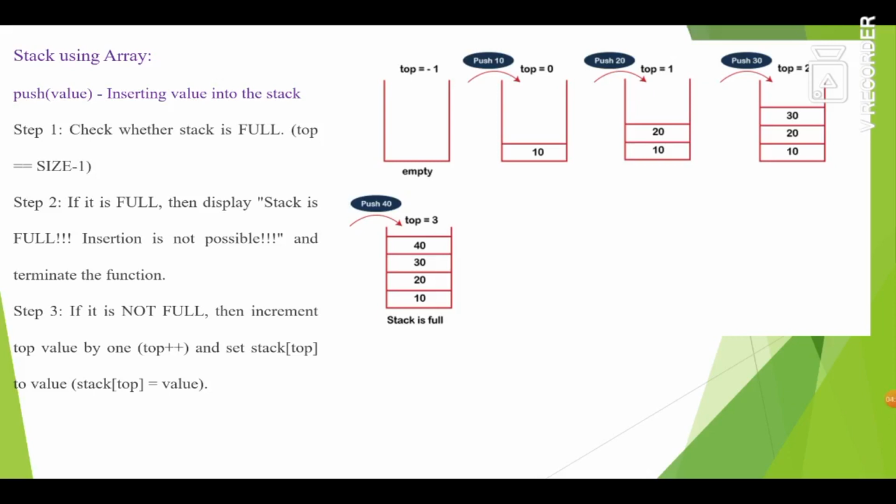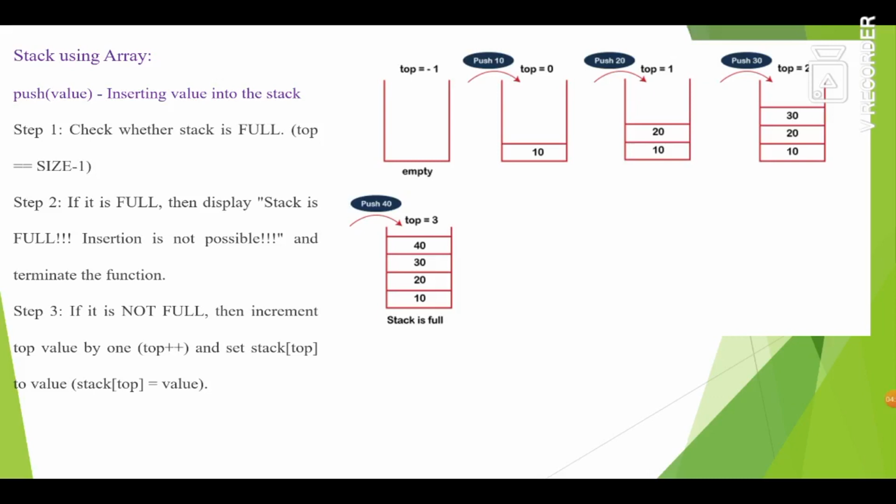If the stack is not full, then you can perform insertion. For insertion, first you have to increment the top pointer. Then you have to set stack of top as the newly inserted value. Okay. So see the figure. Initially top equals minus 1. It indicates that it is an empty stack. If I want to push an element 10, I have to increment top by 1. So top is equal to top plus 1. It is 0. I can use that slot to store the value 10. That is, stack of 0 is equal to 10.